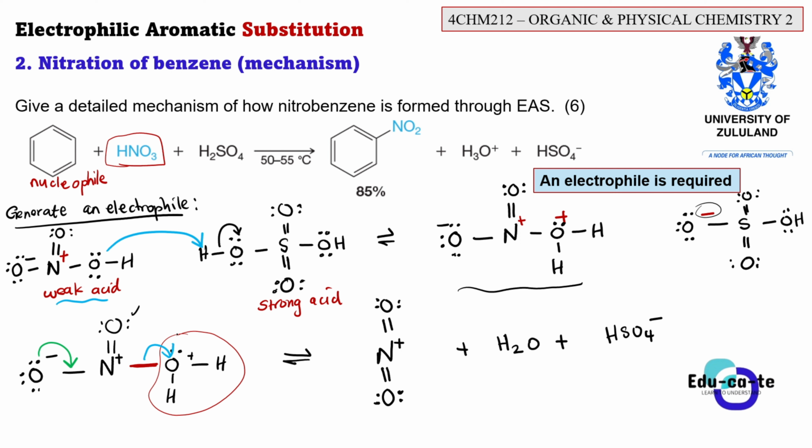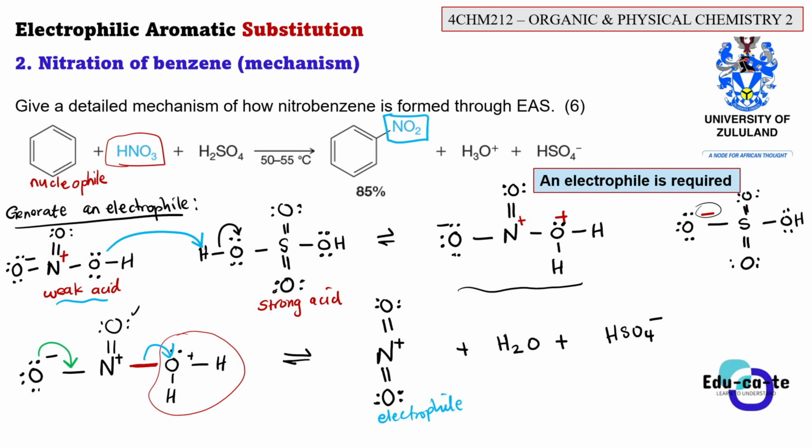Do you realize that here we have successfully generated our electrophile? This is the electrophile that we desired. The electrophile, which is NO2, is nitrogen bonded to 2 oxygens. That's the electrophile that we're looking for. Now we can take this electrophile. So this is my electrophile. We have successfully regenerated an electrophile, which is NO2, which is what we want to put here. This is NO2, guys. You can see that, right?